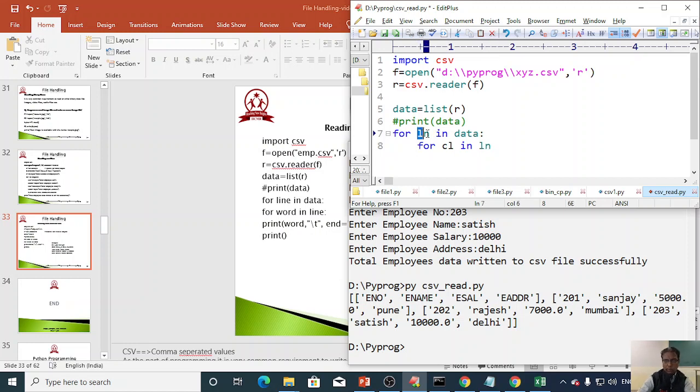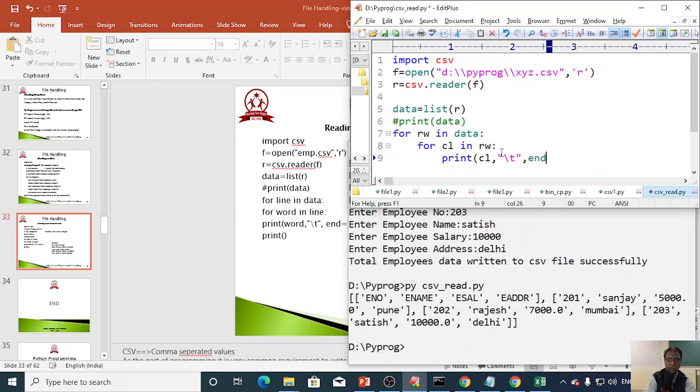Then print the column, comma, after that I want some space after one column, so we write end equals, of course whether I want the new line character or not, you have to decide that.